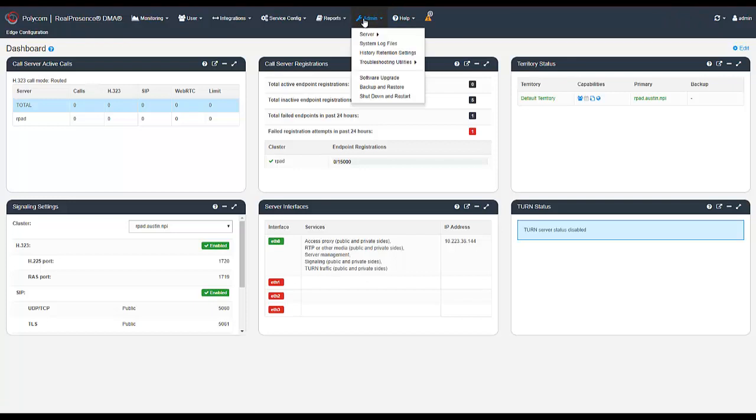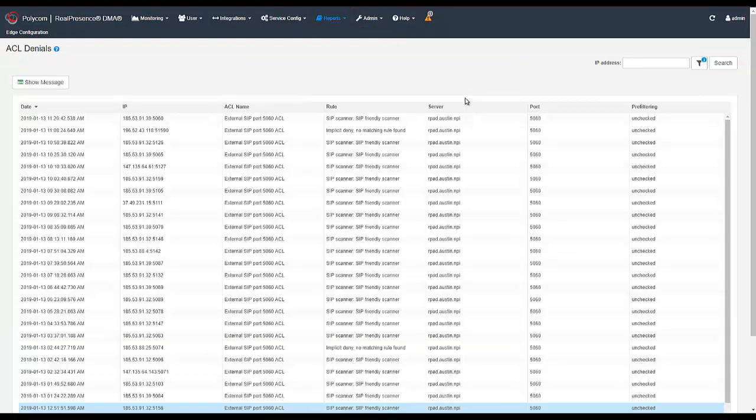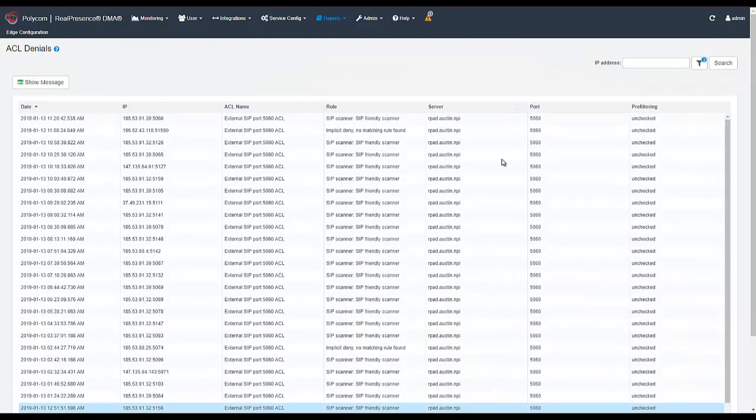The other area is under the reports and looking at ACL denials. You'll want to go through the ACL denial page. You'll want to be looking for specific information for registrations and perhaps calls. All of these denials for the SIP scanner, as you see, we're being pounded on, but this is a good thing, right? For it to be denying access from the outside world,